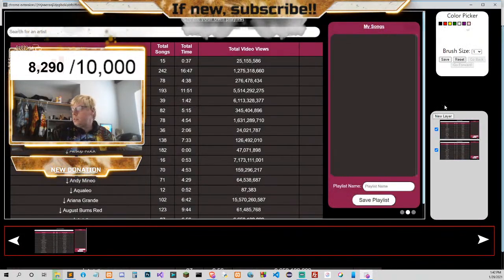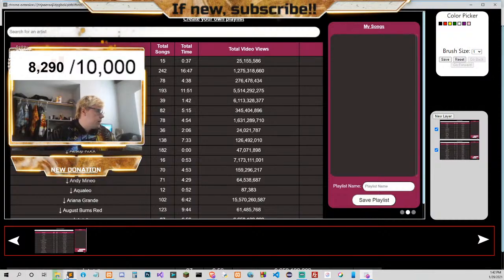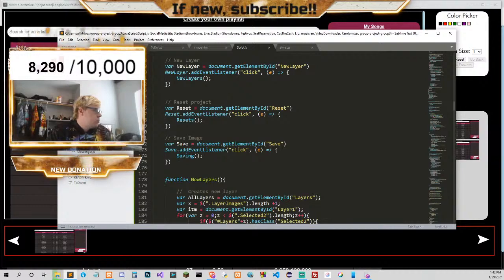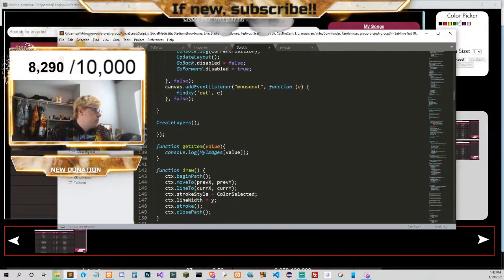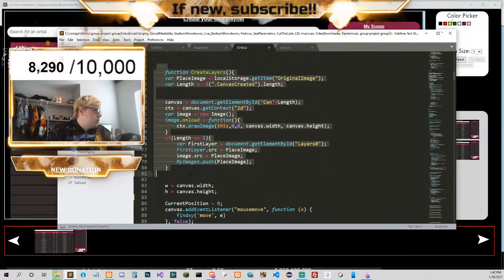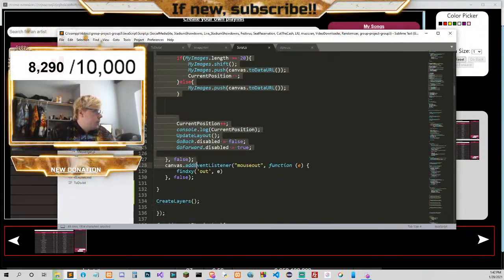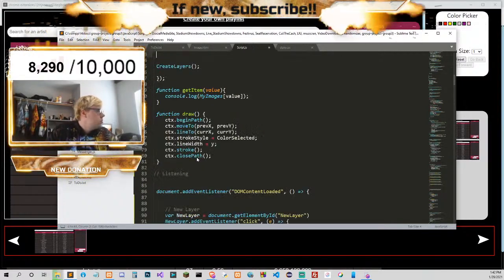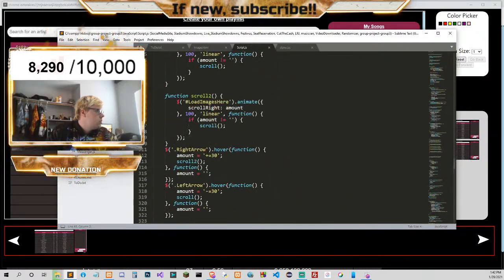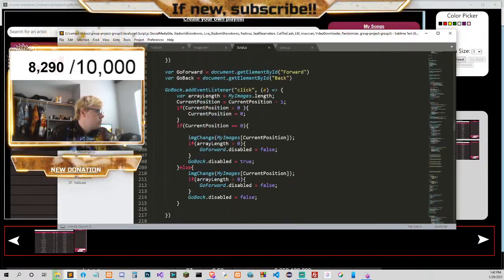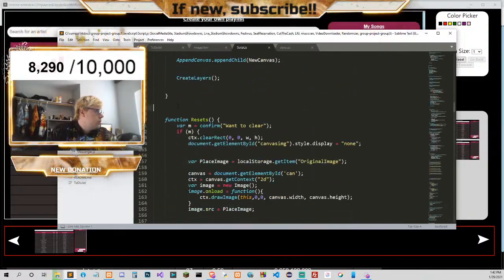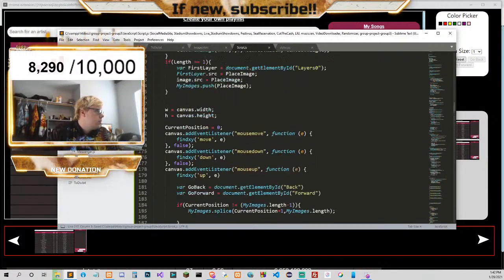New layer. Create layers is not defined. Interesting. Create layers is not defined. Does that mean, hold on, can I put this down at the bottom? So here's new layers. Can I do this?